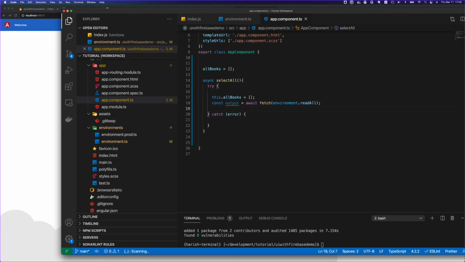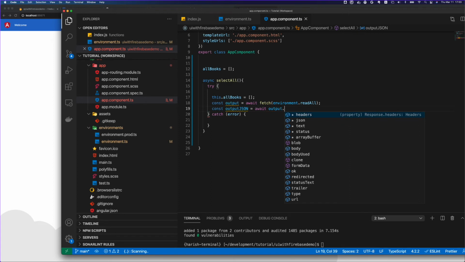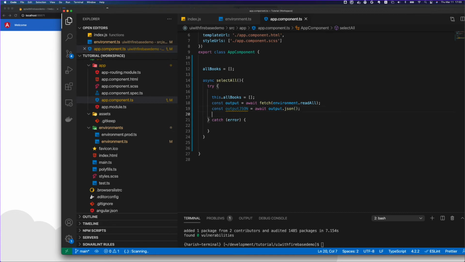Now let's do another constant and get output JSON out of this await, and I will do output dot JSON. This is the function which is available, and then what I will do is this dot all books and replace it with output JSON.